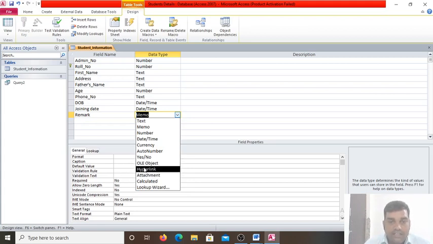Next, the last is the rich text. Rich text is text or a combination of text and numbers. It can be formatted using color and font controls. So the rich text data type can be formatted using the color and font controls, and with the help of that, you can do that.